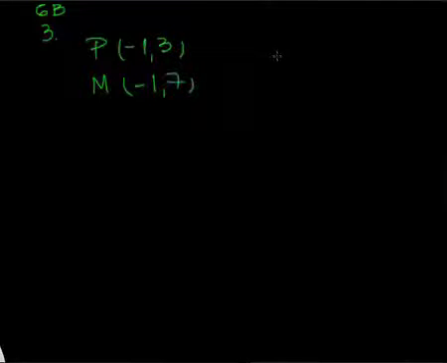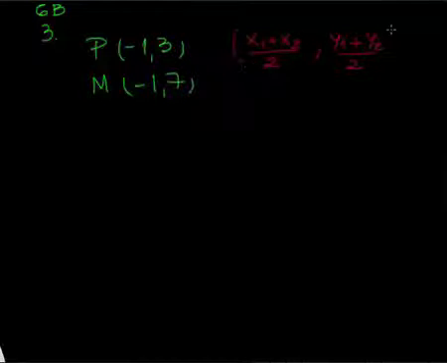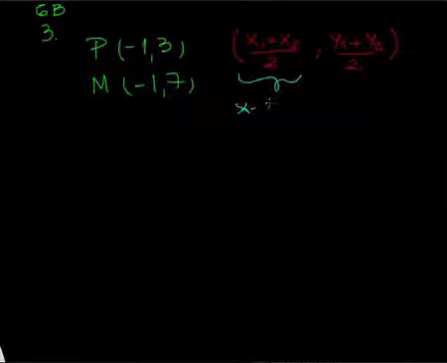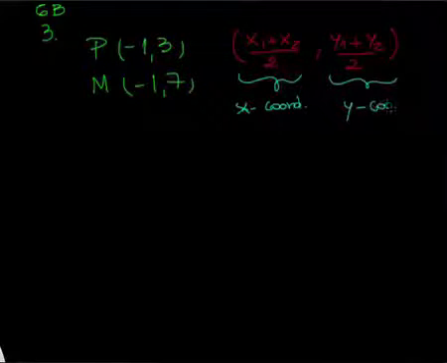So as we know, the midpoint formula is x1 plus x2 over 2 and y1 plus y2 over 2. What I have here is the x coordinate, and here is my y coordinate. So if my midpoint is -1 and 7,